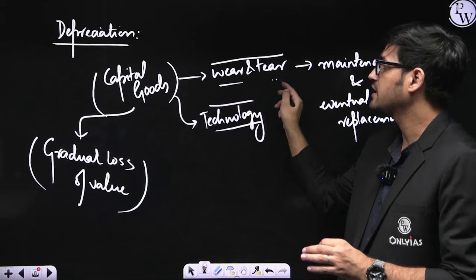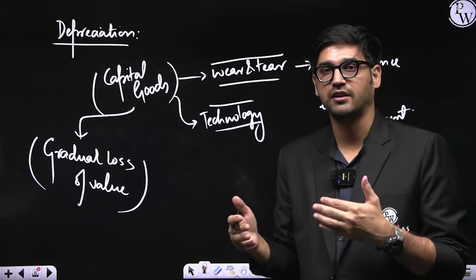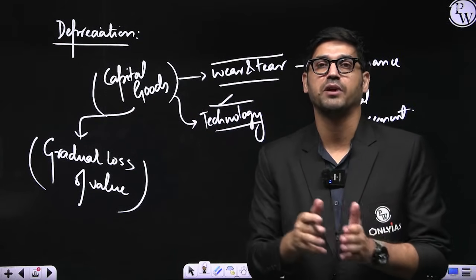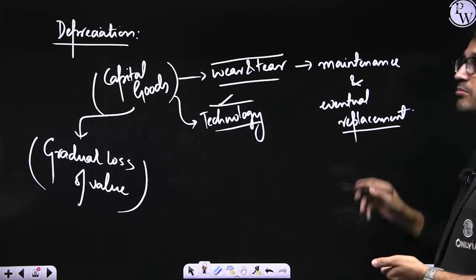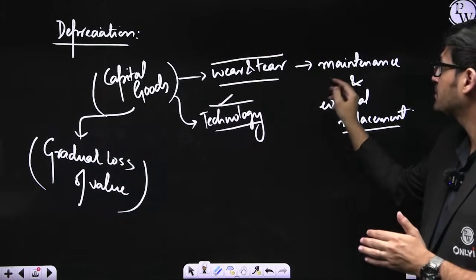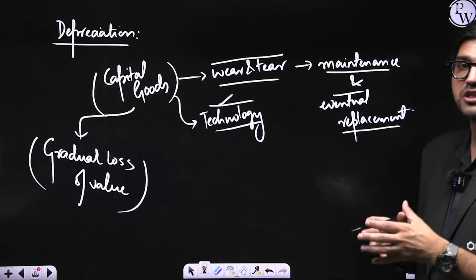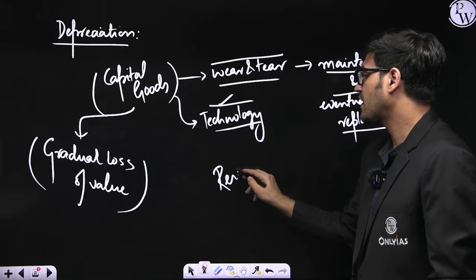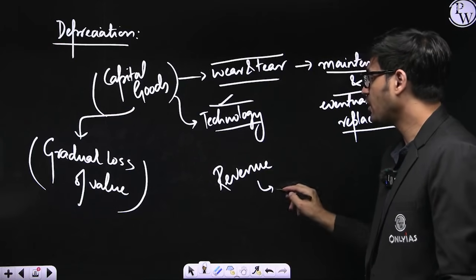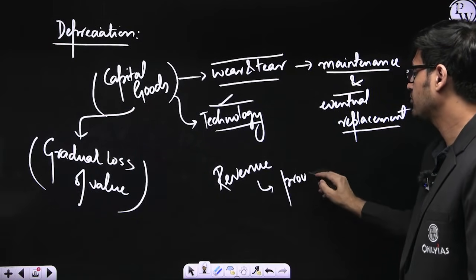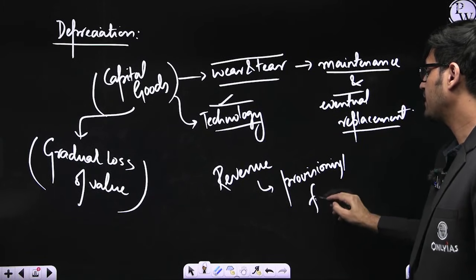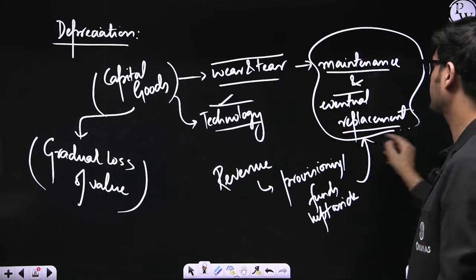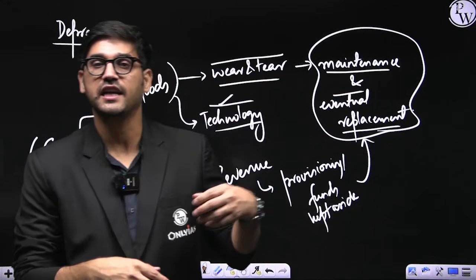Happening because these machines will be used continuously and they're going to be suffering from wear and tear. Similarly, there may be improvements in technology where the same machines are going to turn out far too inefficient compared to the modern ones. So eventually, they will have to be replaced also, which means through gradual wear and tear, there may be some maintenance and overhauling costs, and eventually these machines and tools and implements may have to be replaced. So what firms do is that every year, whenever they receive their revenue from the sale of their output, a part of this revenue is kept aside as provisioning. These are funds which have been kept aside to cover for what? To cover for these costs, to cover for the maintenance costs and the eventual replacement costs